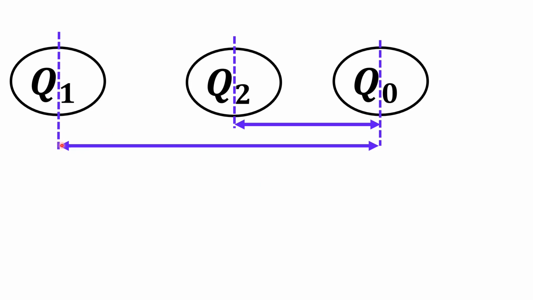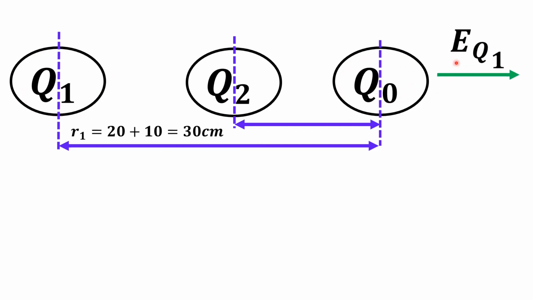We are going to call this distance R1 for convenience in our calculations. So R1 is equal to 20 plus 10, which is equal to 30 centimeters. So the total distance from the charge Q1 to the charge Q0 is 30 centimeters. And the electric field strength created by the charge Q1 at the point where the charge Q0 is found will be given by EQ1. Also, remember that the charge Q2 is at the distance R2 equals 10 centimeters from the